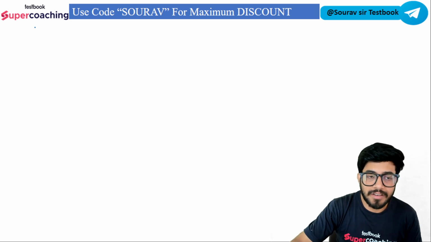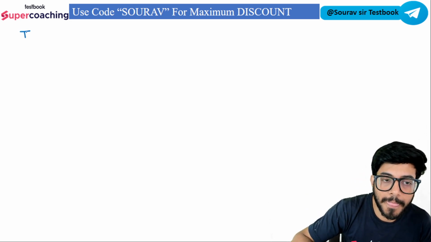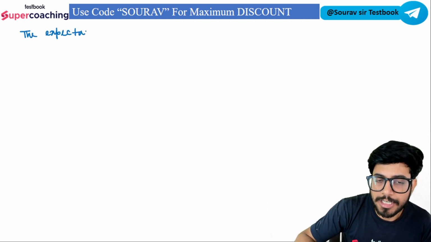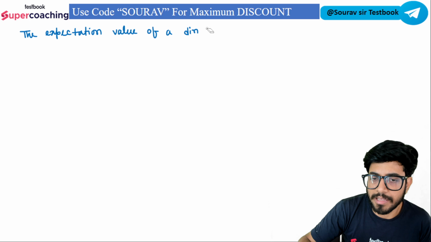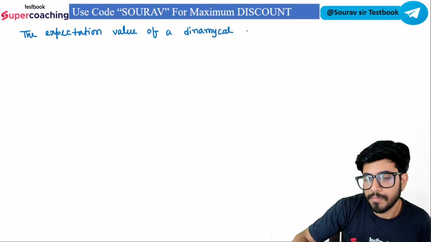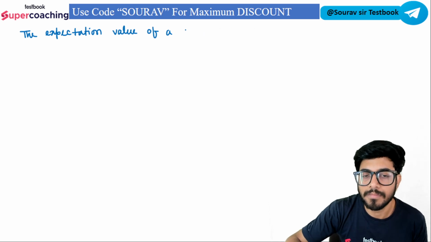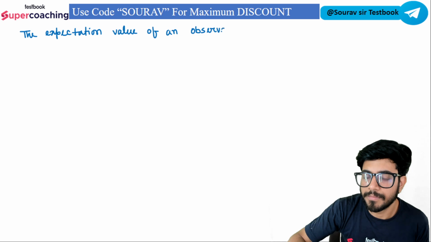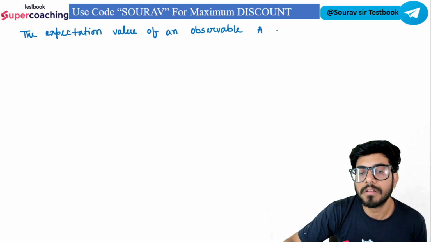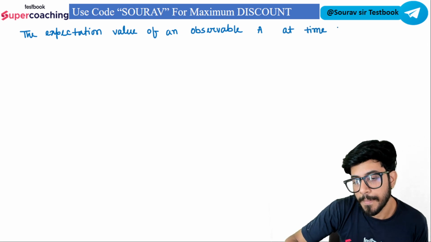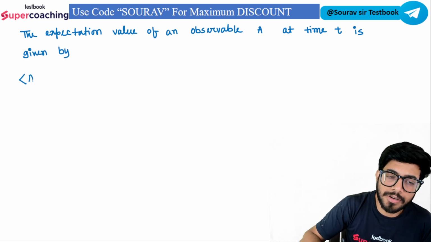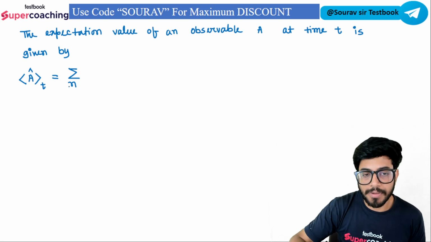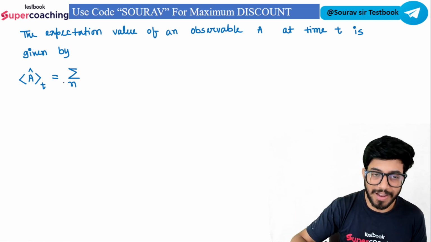The expectation value of a dynamical variable or an observable A at time t is given by: the expectation of A at time t is equal to the summation over n, where n runs over all the eigenvalues of A,